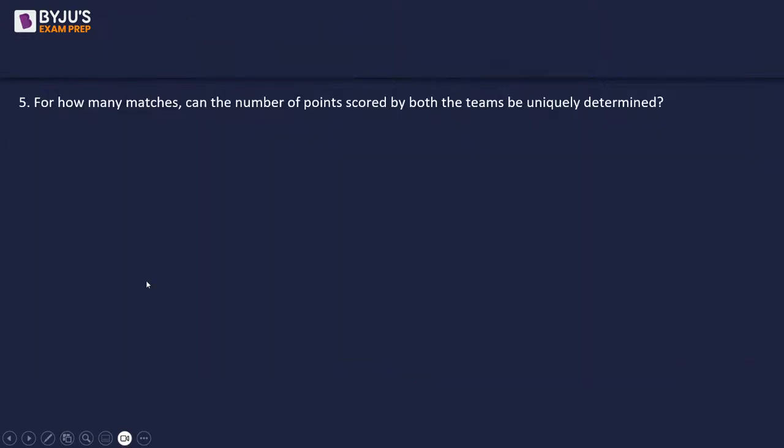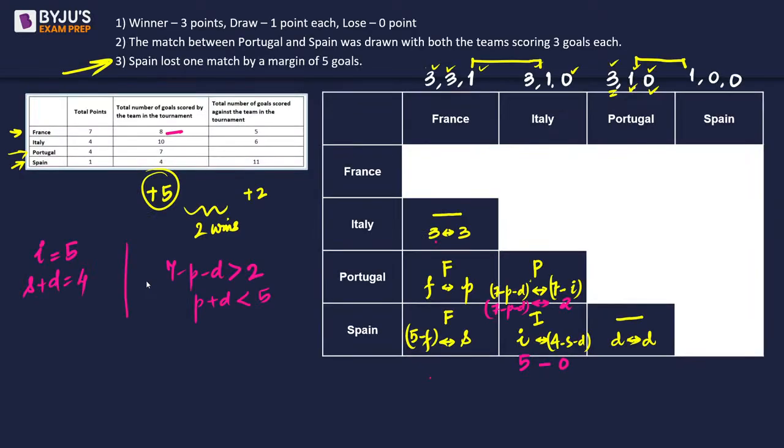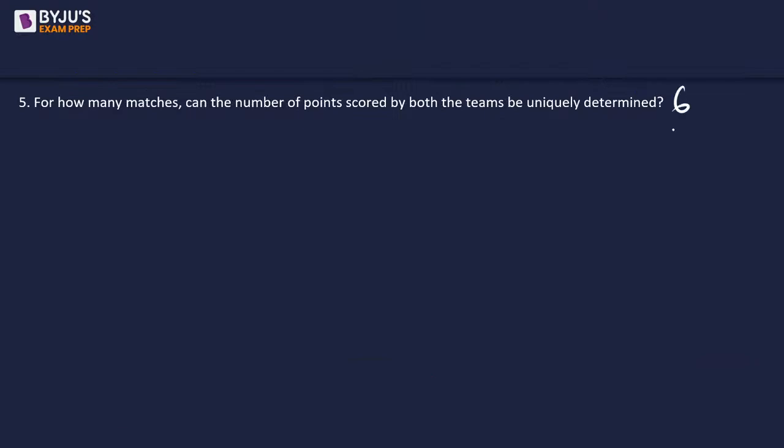Okay, first question is, for how many matches can the number of points scored by both the teams be uniquely determined? In other words, ये इन 6 मैचेस में से कितने मैचेस का आउटकम पता है, गोल्स नहीं, आउटकम, as in each match which team won and which team lost. Obviously there are 2 teams playing in a match, एक जीती पता चल गया तो दूसरा कौन हारी वो भी पता है, and also which matches resulted in a draw, ये भी हमें पता है. So 6 सबका पता है हमें,